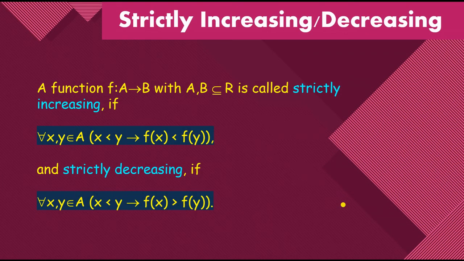Okay, next concept की तरफ आते हैं, that is strictly increasing and the strictly decreasing function. Okay, a function is basically from set A to set B and A and B belongs to the real numbers. It is always strictly increasing if x is less than y. For example, if we have 2 is less than 3, and whenever we are going to put the values of this x inside the function, that function of x is also less than the function of y. It means that the function is increasing.